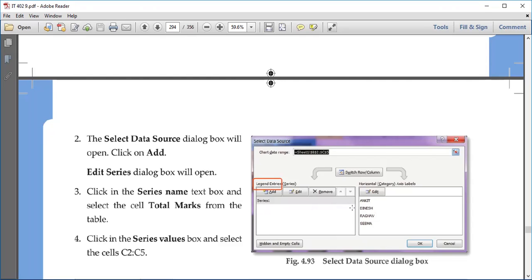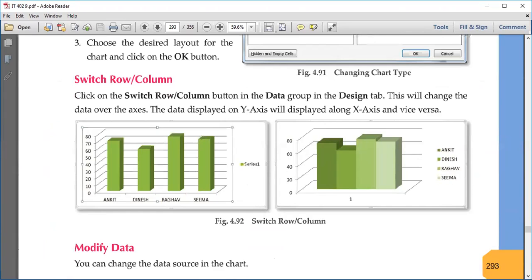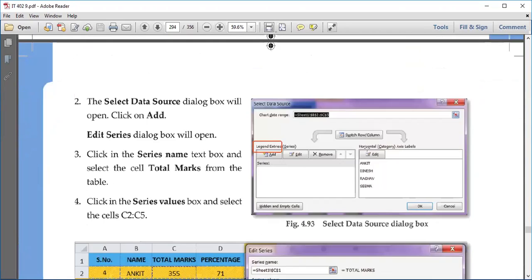And these are the settings related to legend entries. The names in your legend, like earlier here it was series, you must have seen on the table that series is written here, and in the second one here there are names. So that we can change. Now these are the names and these are the series. If you want to change the series with some new name, like if you want to show category here, go to edit and write category here, then category will come here in place of series 1.